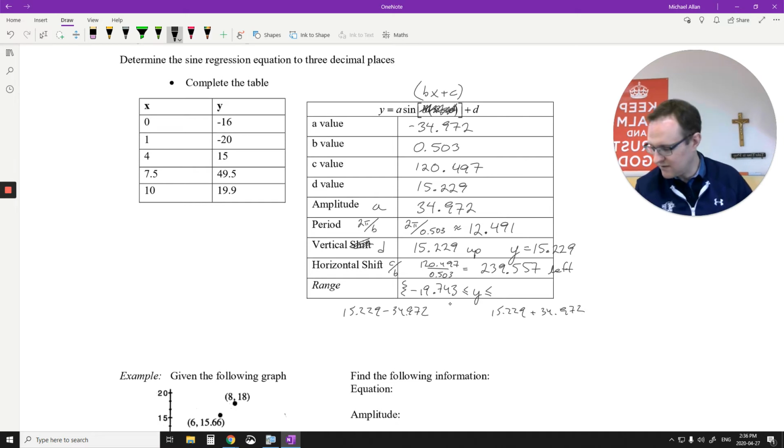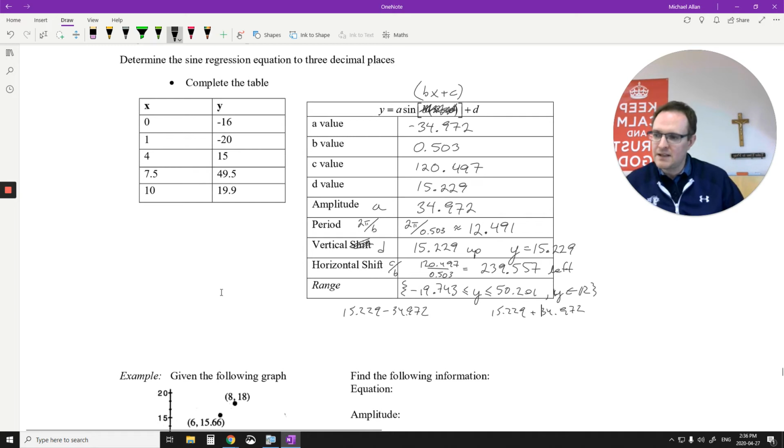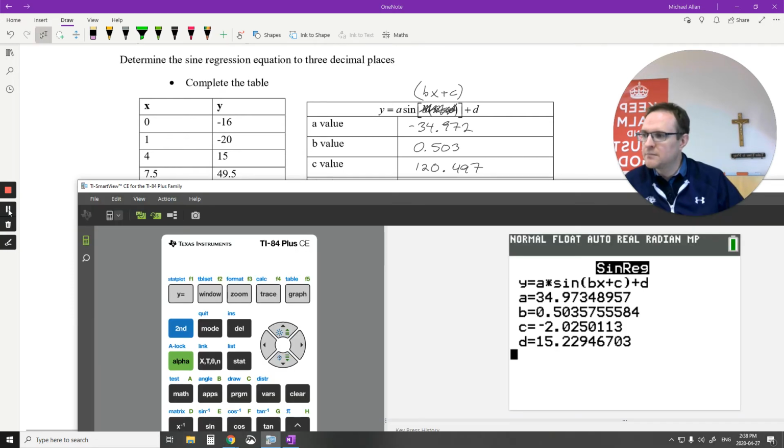My max is going to be 50.201. Awesome, looking good. I just want to double check something in the calculator. I'll be right back. All right, so I quickly typed in our calculator and I realized that the regression of